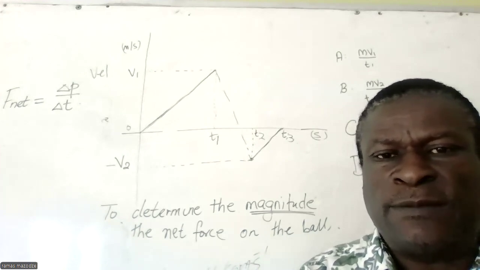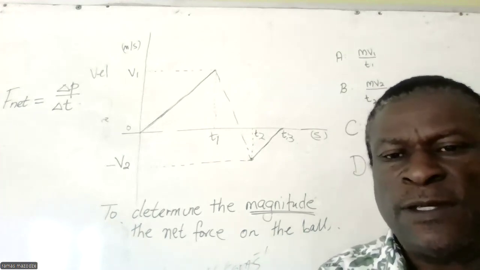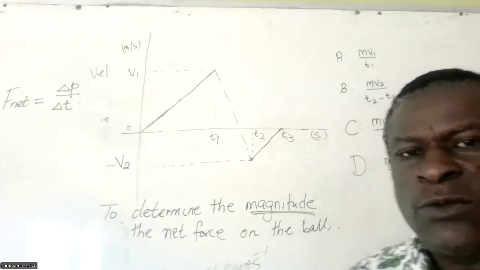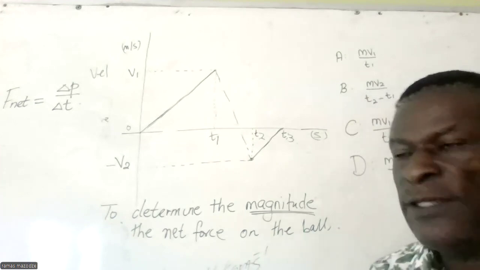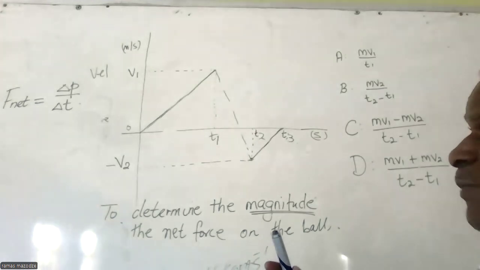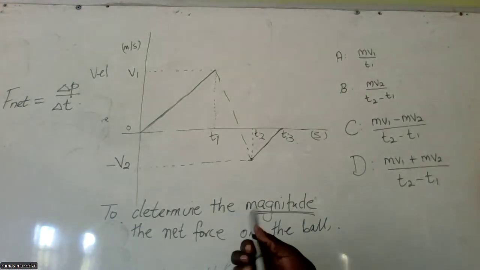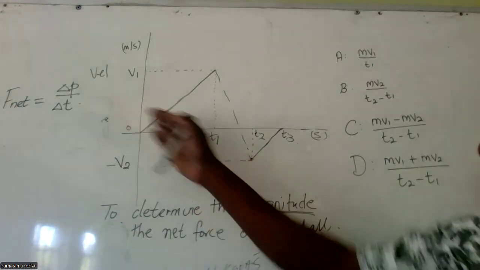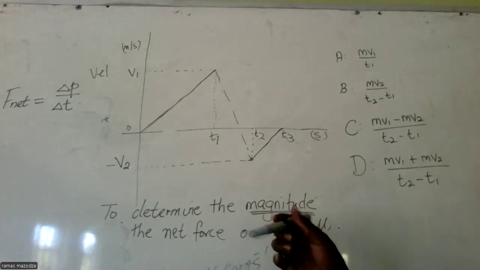This one is a typical question on momentum, impulse, and net force. Let's just go through the graph that is presented there. It actually stems from vertical projectile motion, although the question is not specifically from that topic. But if you look at the velocity versus time graph there, it clearly shows